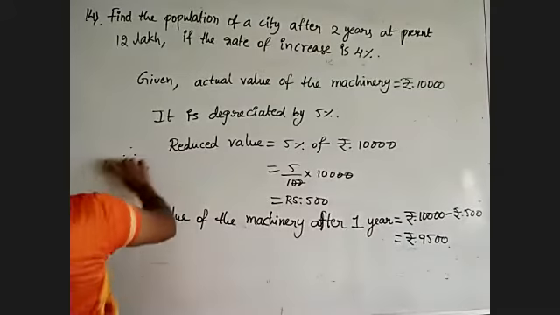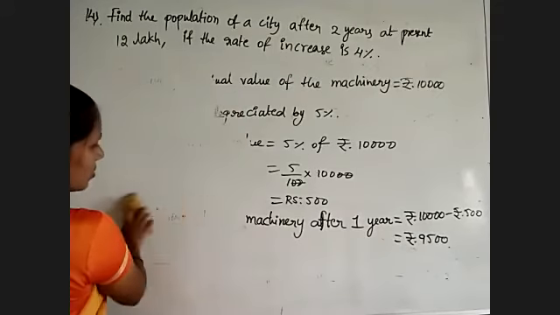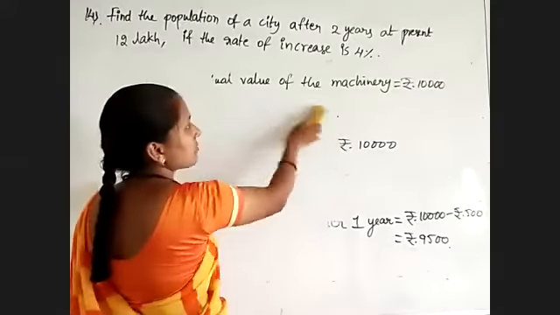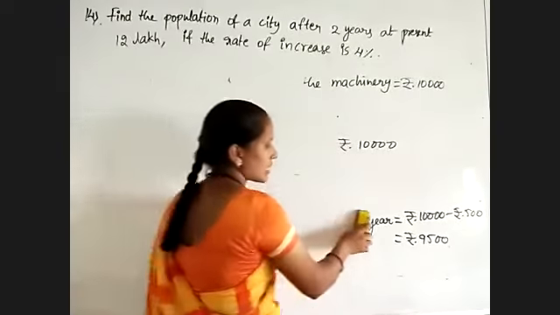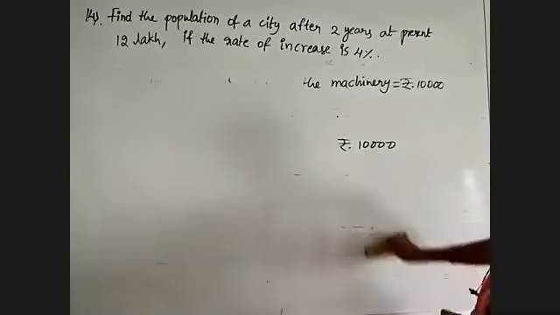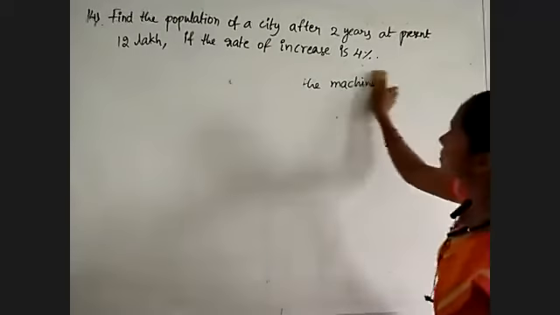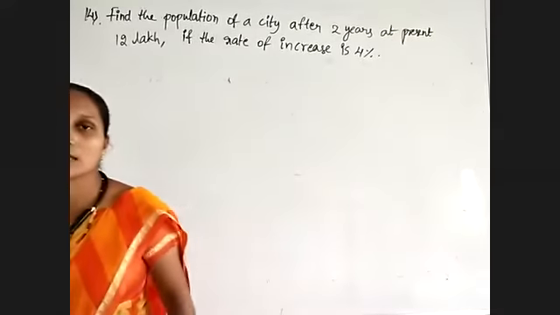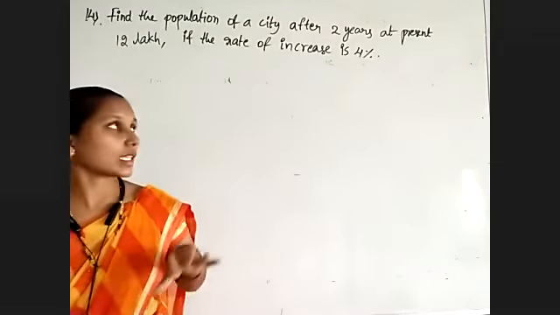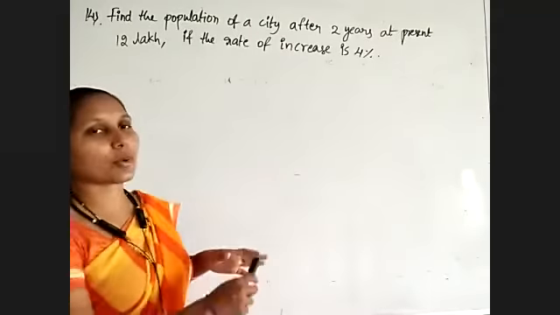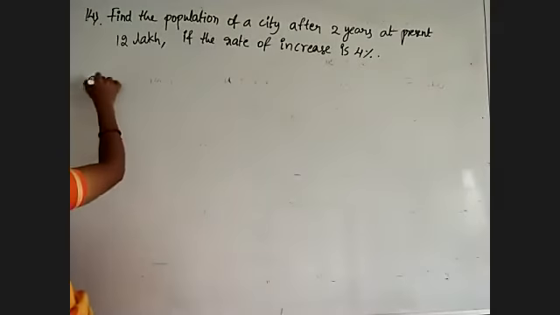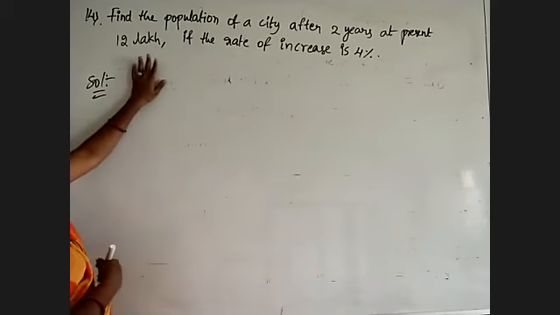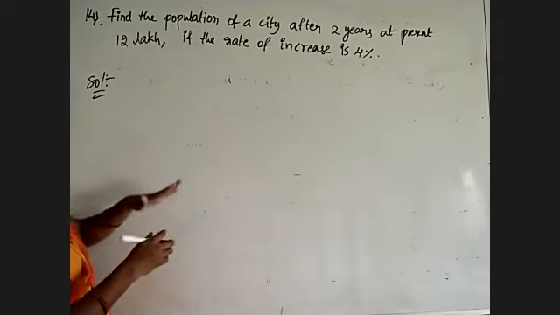Okay, observe the given question. That is a question depending on population. So already I told you, whenever we are using population or increase in size of bacteria, in all these cases we are using the compound interest formula. So here also we need to simplify by using compound interest, calculating the interest compounded annually. By applying that formula only, we will get the answer for this population. Because every 1 year, after 1 year we are able to check the population, not for the middle of the year, yes or no.